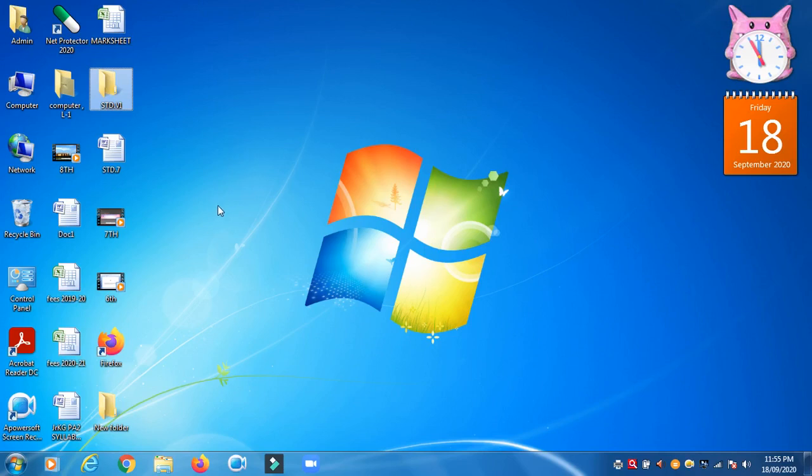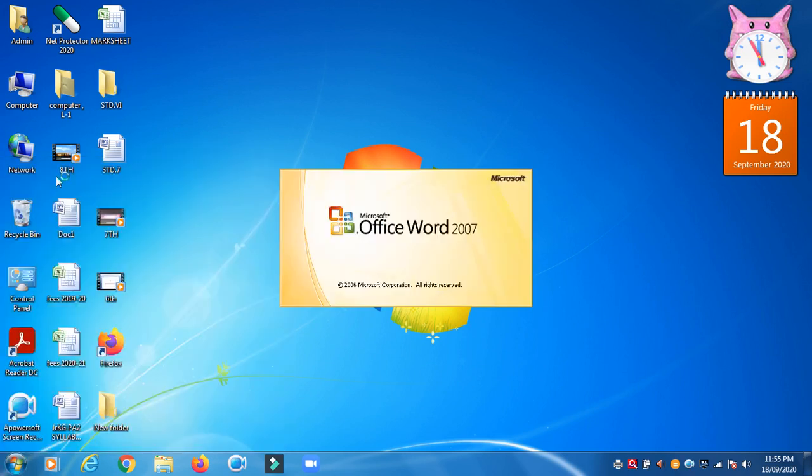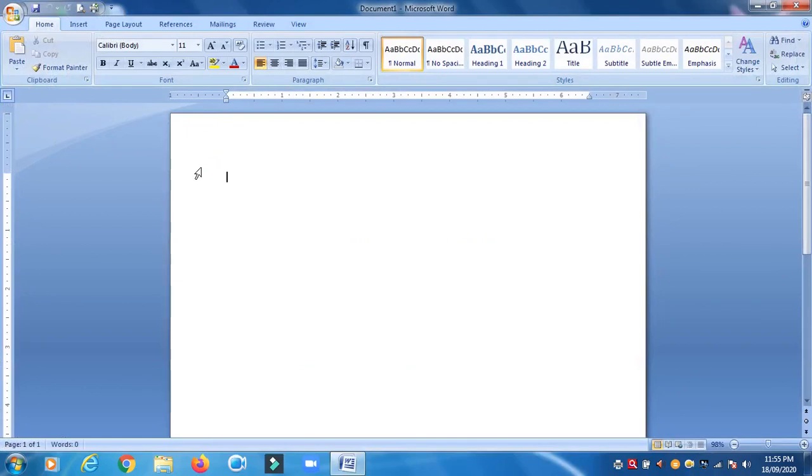Next one, creating a new file. A file is always created using an application. So now click on the Start button, open Microsoft Office Word, just type your name